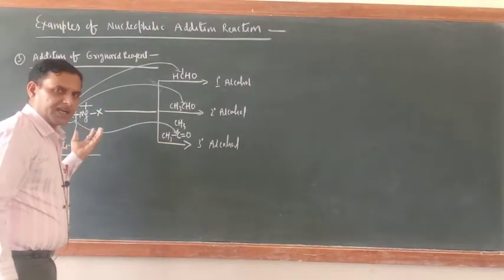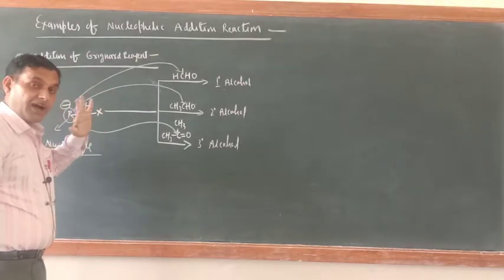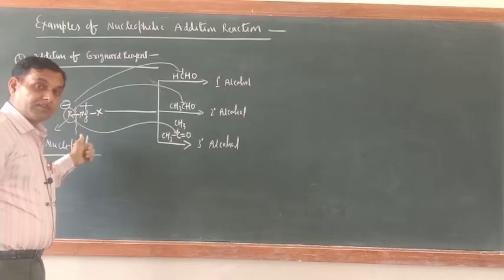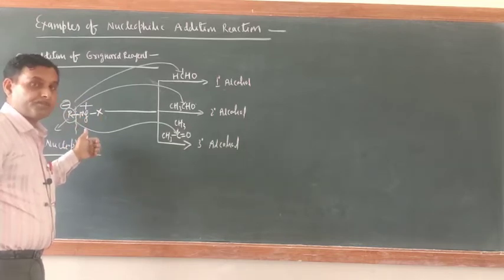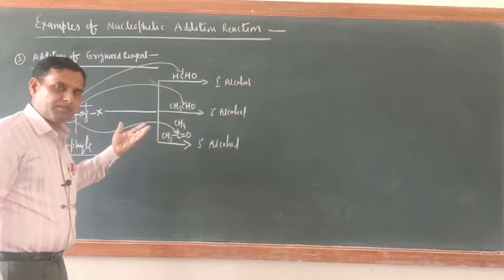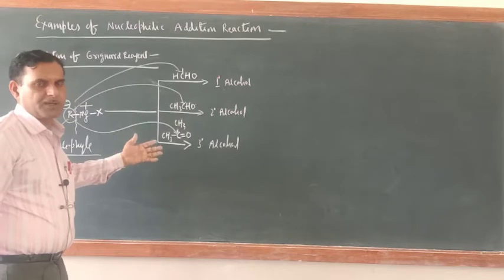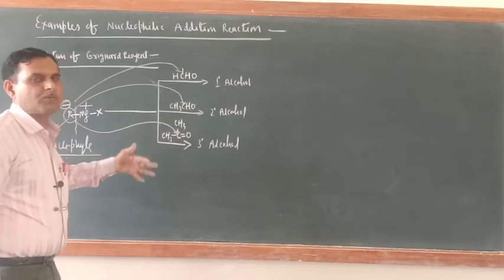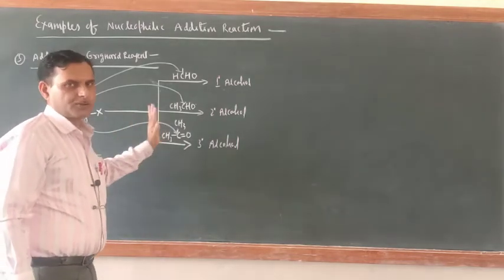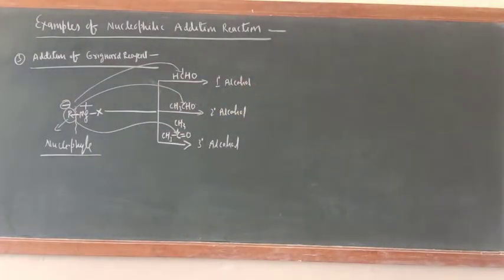And very easily see how the things are being added. In one video I have fully explained that one of the alkyl groups must come from the Grignard reagent, the rest everything is here only. This is an example of addition of Grignard reagent with carbonyl compound, resulting in the formation of 1 degree, 2 degree, 3 degree alcohol. So please go through this one. Now the most important is the reaction of aldehydes and ketones with alcohol.